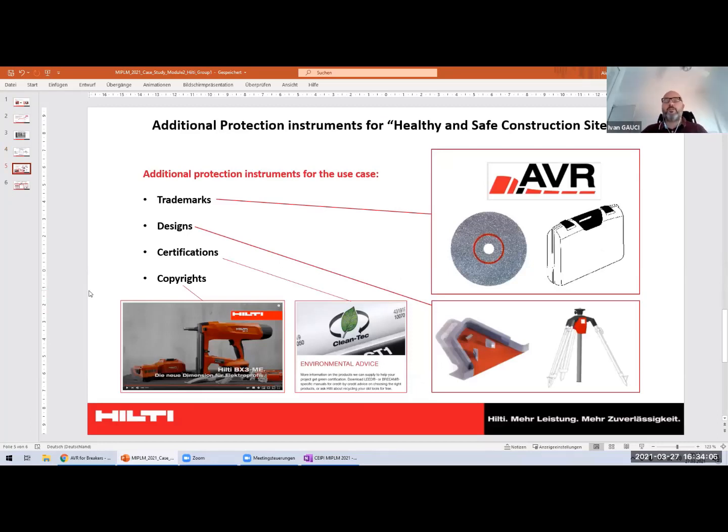Thanks, Audrey. So, as we have seen, our patent regards the basics of the start of the Hilti striking mechanism. This was one of the original mother inventions of Hilti as a company, basing itself on the striking mechanism and the health and safety. So we have checked it a bit on the Hilti as a company, and we have found that, in fact,